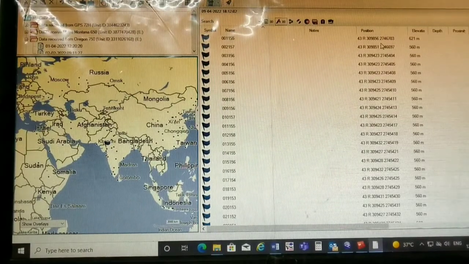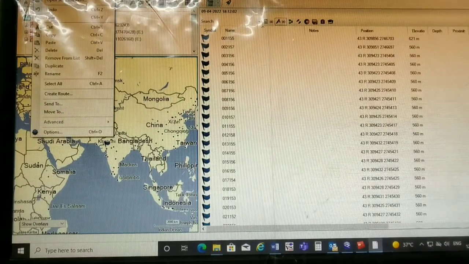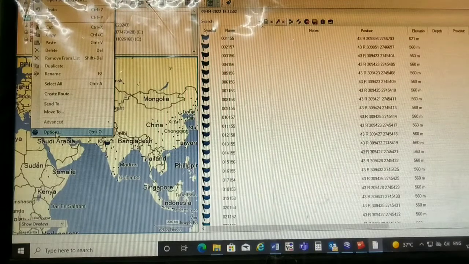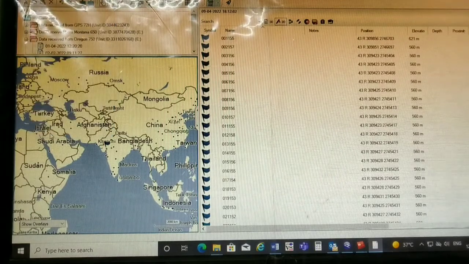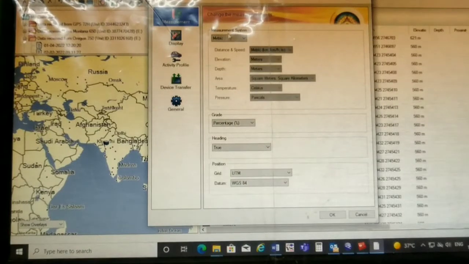If we want to change this position to degree minute second, here we have the option in edit. We have to go to edit, then options. Here we have the measurement system, that is metric, and at the last we have the unit of position.